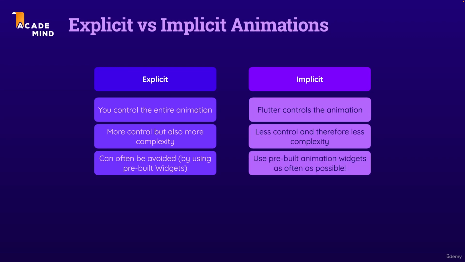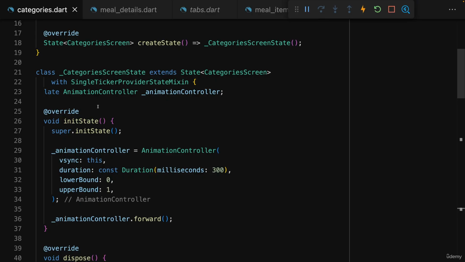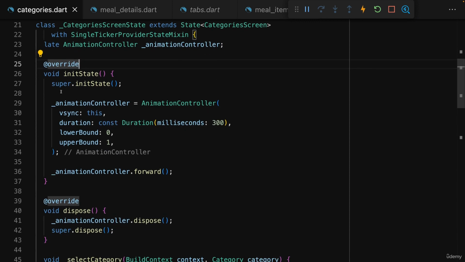And that's it for this course section. In this course section, you learned how to add animations, and you learned that there are explicit and implicit animations. And you did learn how to set up your own explicit animations by creating and initializing such an animation controller,